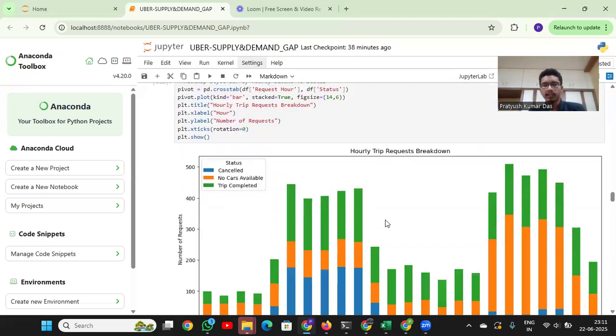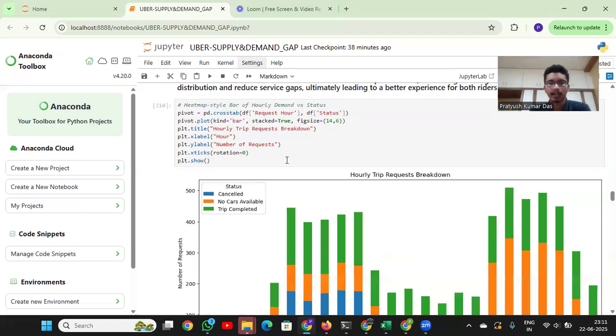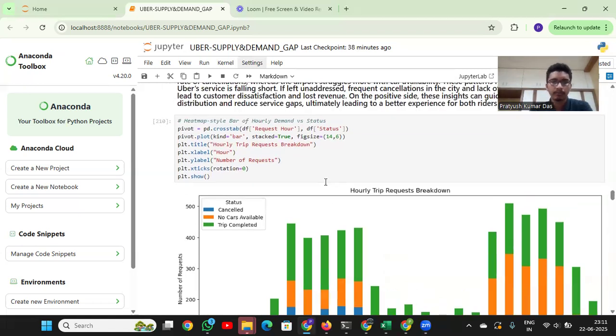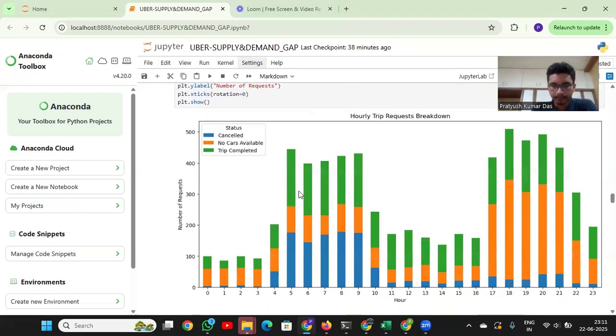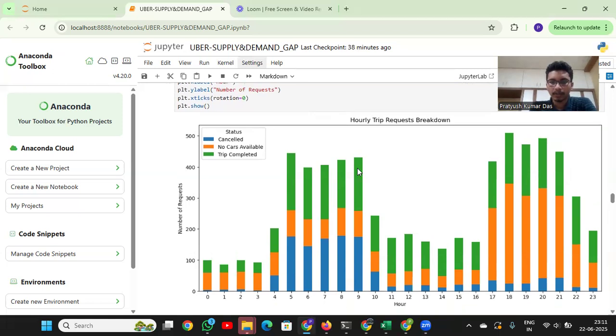And yeah, the main thing that we come across is this hourly trip requests breakdown, which I have done through this cross-tab function between these two specific columns of that particular data frame, which I showed using the Matplotlib library. And after that, we are viewing this particular count plot, or we can say this particular frequency plot corresponding to these three different categories per